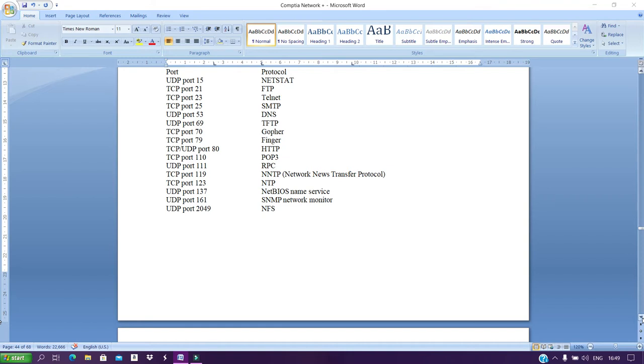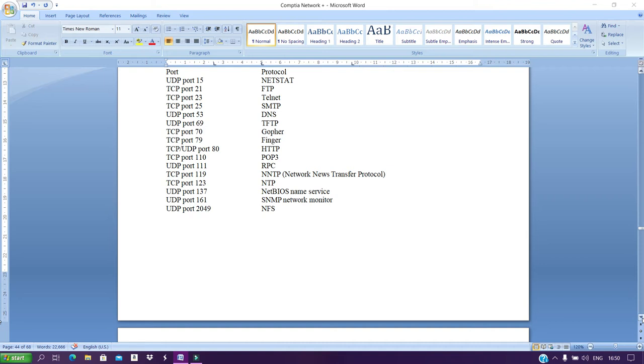UDP port 15 NetStat, TCP port 21 FTP, TCP port 23 Telnet, TCP port 25 SMTP, UDP port 53 DNS, UDP port 69 TFTP, TCP port 70 Gopher, TCP port 79 Finger, TCP/UDP port 80 HTTP,